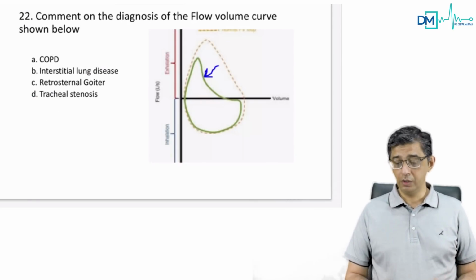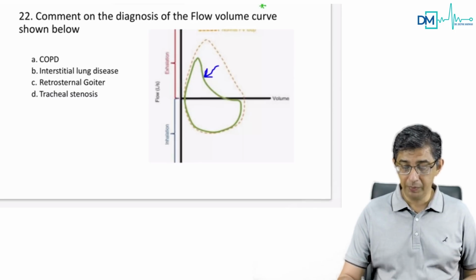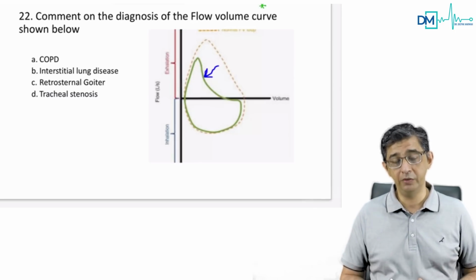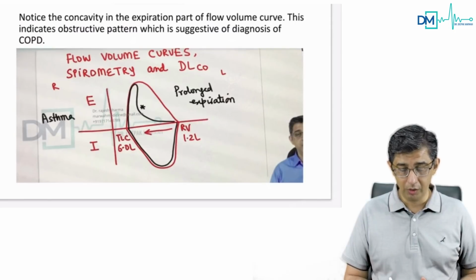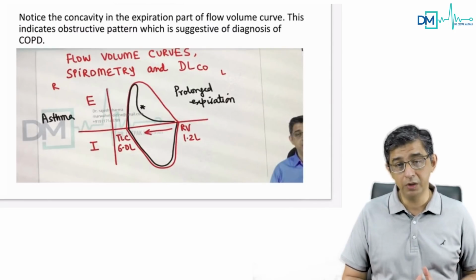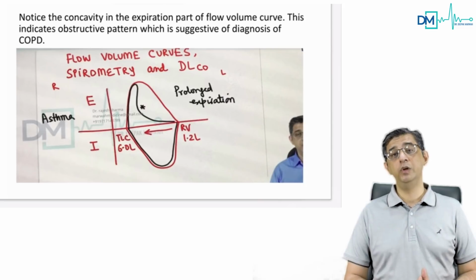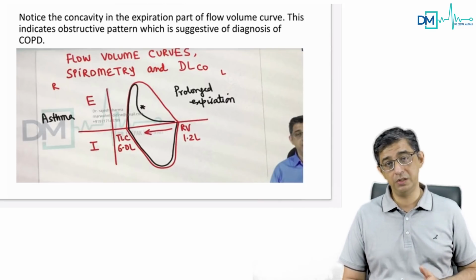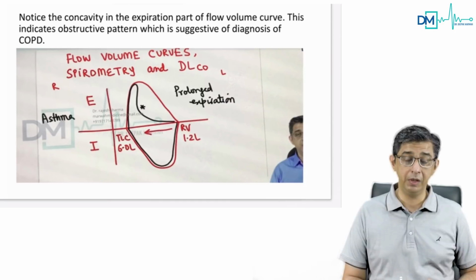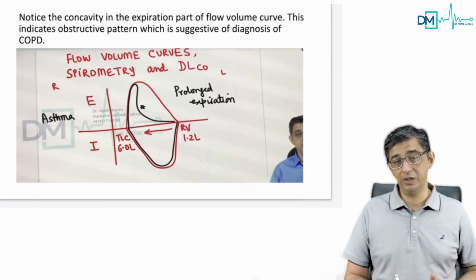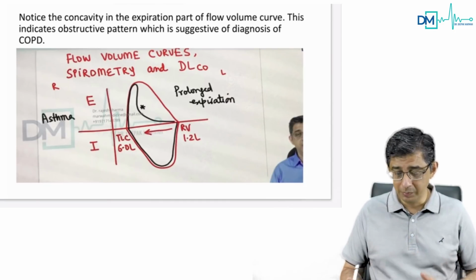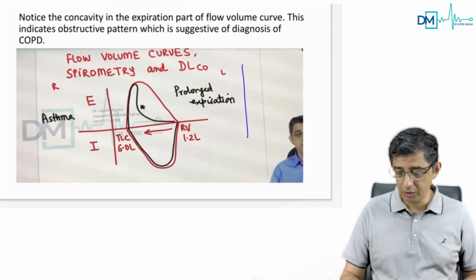Coming to the flow volume curve, I know a lot of you were very perplexed by this question. You can go through the medicine section of the app. You can go to pulmonology and see me discussing flow volume curves. I've discussed flow volume curves for obstructive lung disorder, restrictive lung disorder, intraparenchymal. I've talked about extrathoracic, intrathoracic obstruction. And the bottom line was simple, sir. I'll just quickly draw before you. Just keep your eyes on the board.